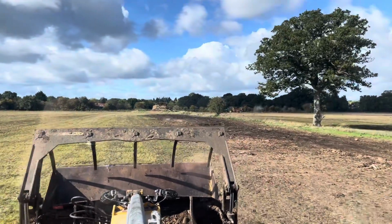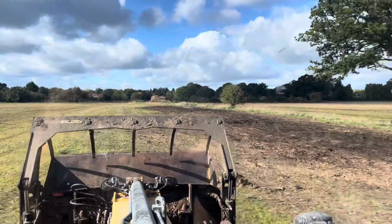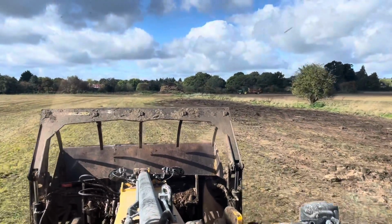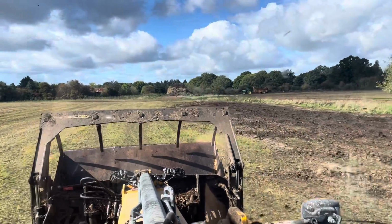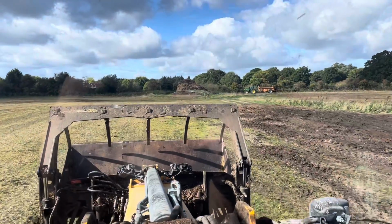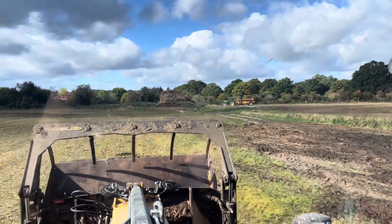Some of it was quite heavy in the bottom, and there was some digestate in there as well, which soon weighed things down, but the majority of it was like dry cow bedding, I guess. Really strawy, a lot more strawy than our beef cattle bedding, on the basis that you're trying to look after the cow's udder